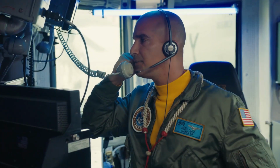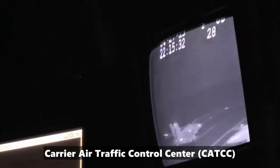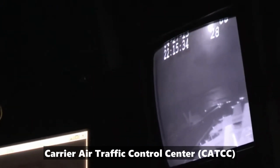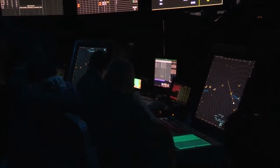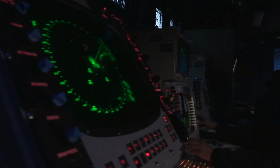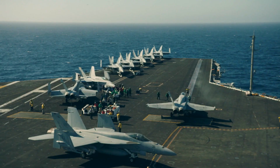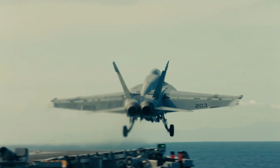Additional subterranean chambers house critical centers like the Carrier Air Traffic Control Center, or CATCC, a bustling hub of radio and radar equipment similar to its land-based counterpart, and the Combat Direction Center, or CDC, where the ship's battle command unfolds by processing intelligence on potential threats. In an aircraft carrier, the island and its inner sanctums are the beating heart, seamlessly directing the complexities of naval